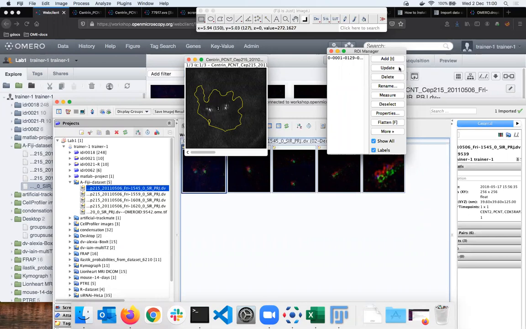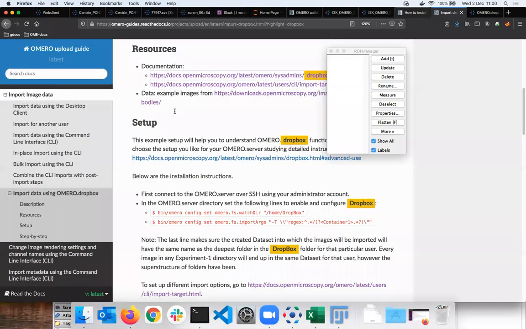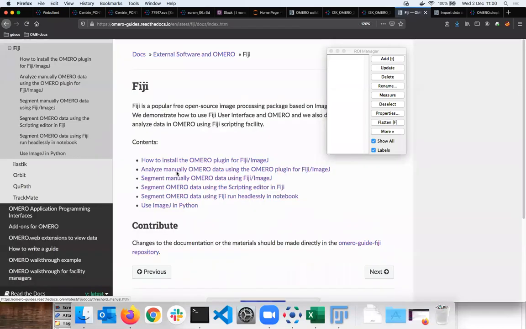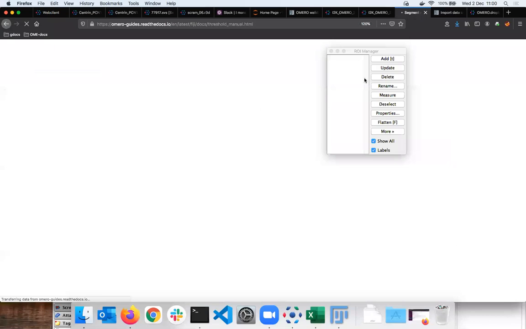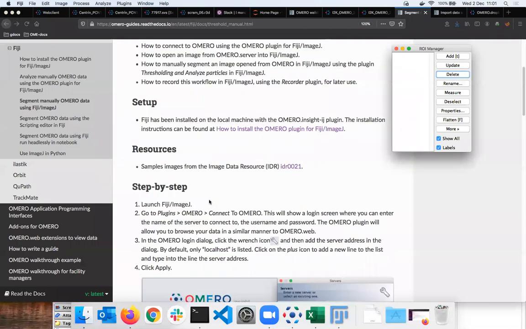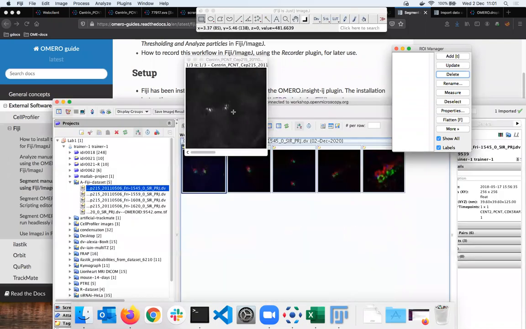I'm not interested in this region. Nevertheless, I will delete it in Fiji. And I will go ahead and do a workflow which is described in your walkthrough as well here. And this is this one in Fiji. I'm going through the segment manually OMERO data using Fiji ImageJ. Okay. Here is some simple walkthrough where I'm segmenting the centrioles highlighted on this super resolution microscopy image. You can see 2 of them here in the center of the image, and I simply want to